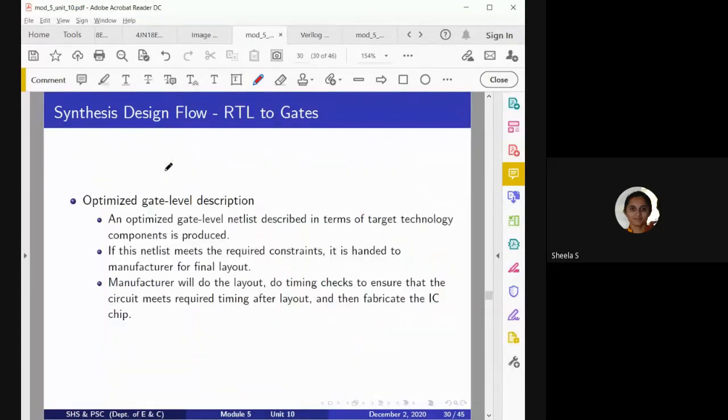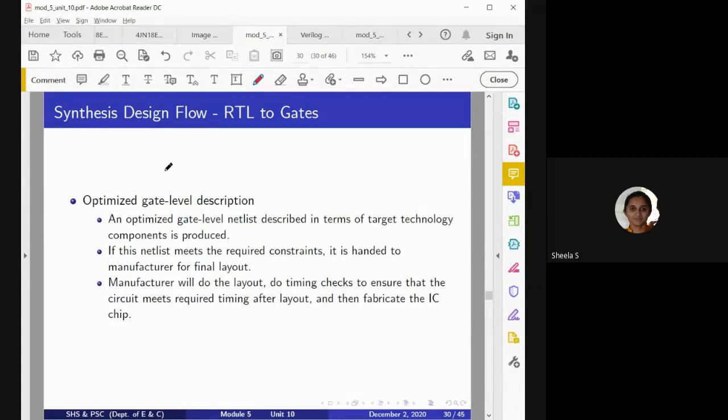So for your logic synthesis tool to generate an optimized gate level description, what do you have to do? You have to give as input a technology library which will satisfy all timing constraints, area constraints and power constraints. Along with that, you should give in which particular environment it is going to work.